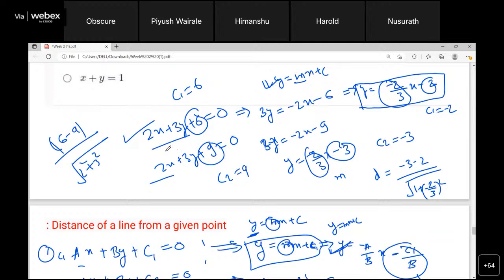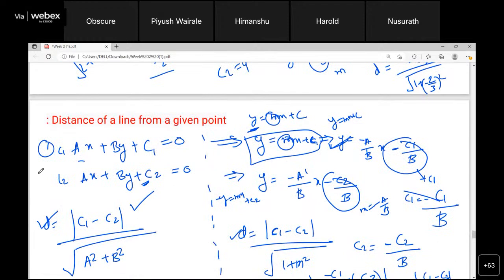Sir, I think it will be +2, -3 +2, because it is c1 minus c2. Yeah, -3 plus 2, you will get the same. So in this case you will get -1. If you do -2 minus of -3, you will get 1, but the mod will take the positive value only, right? So 1 only. Okay, okay. Yeah, 1. Thank you, sir.